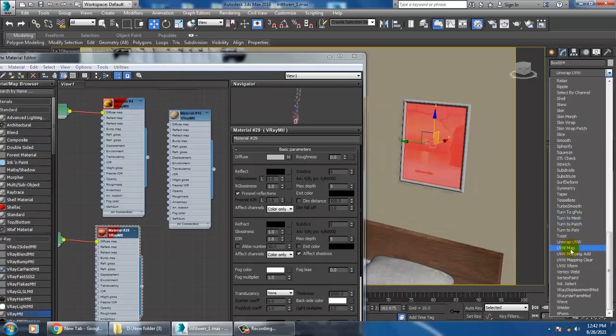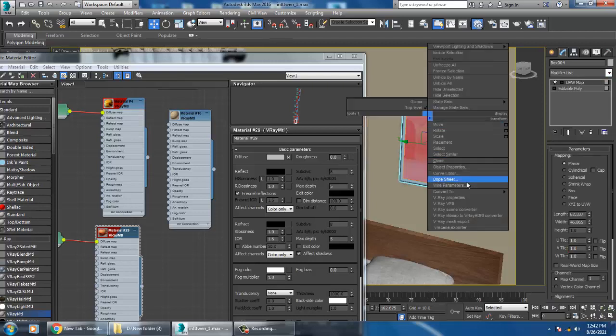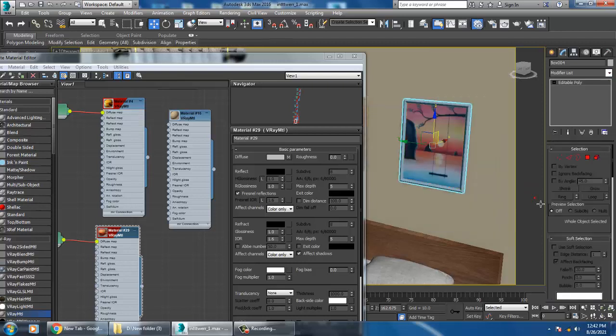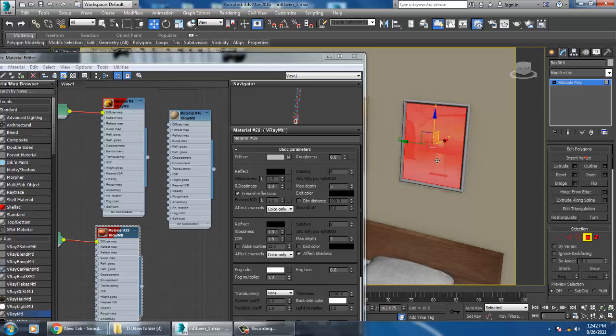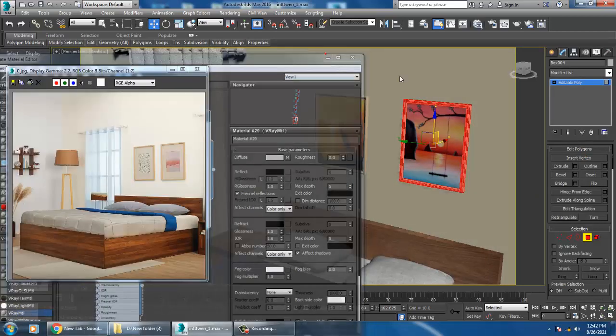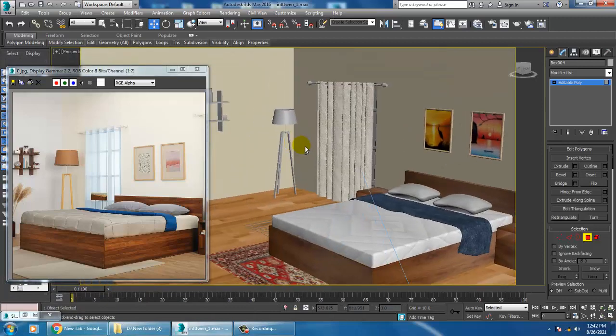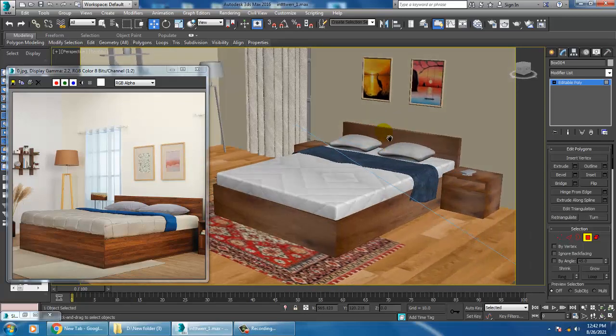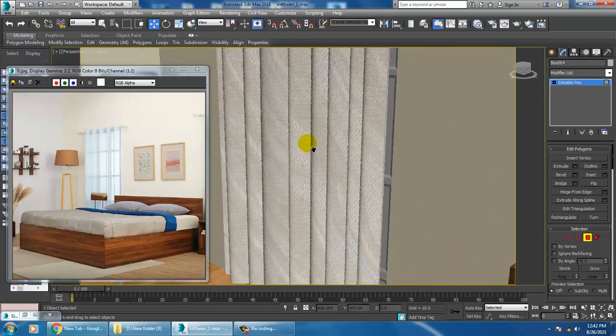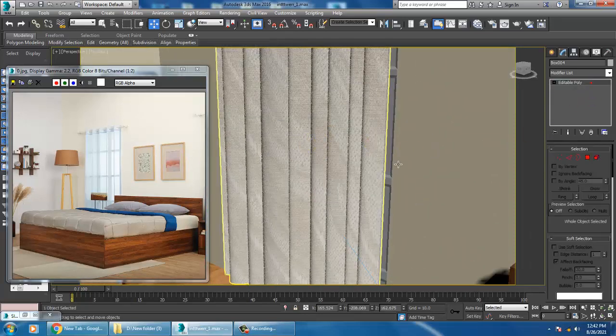UVW map, convert to editable poly. Again, inverse it, and let's just assign that. As you can see, I have done a few things over here in this way. Now the next thing over here is, let's select this.